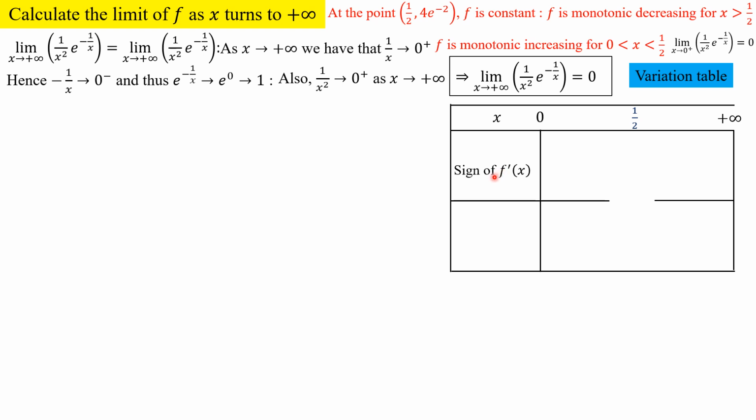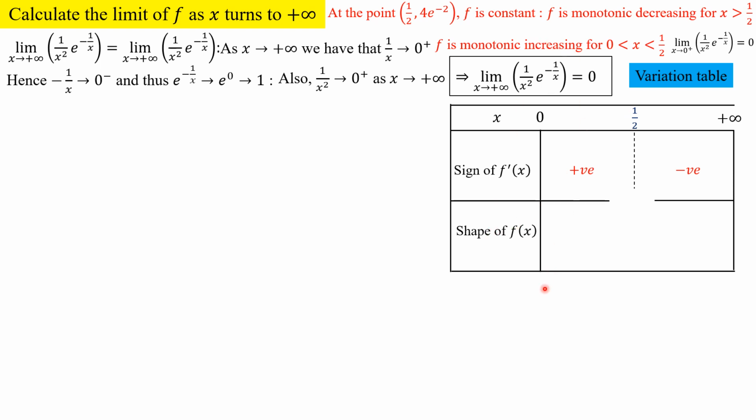Now we need to check the variations, how the function is behaving. So we need the sign of the derivative. Is it positive or is it negative in which interval? So we saw that in the interval 0 to half, the function is increasing, meaning that the derivative is positive. Now in the interval x greater than half, the function is decreasing, meaning that the derivative is negative. So with these positive and negative signs of the derivative, we can now indicate the shape of the function in the various intervals. Since the derivative is positive in the interval 0 to half, it means that the function is monotonic increasing.